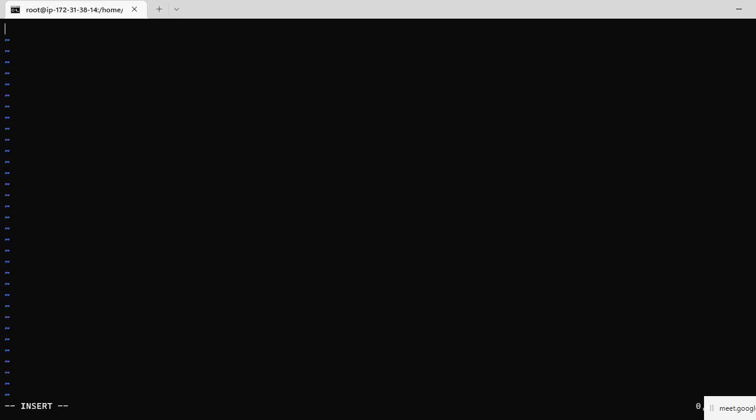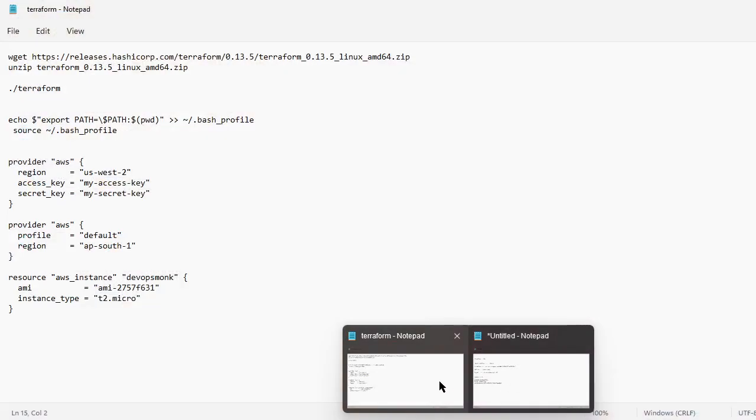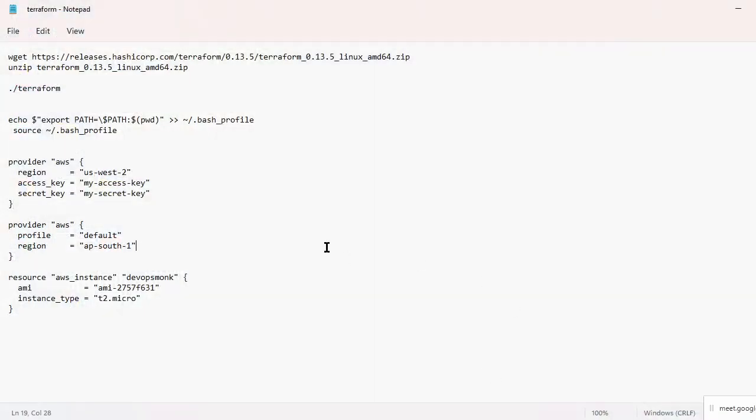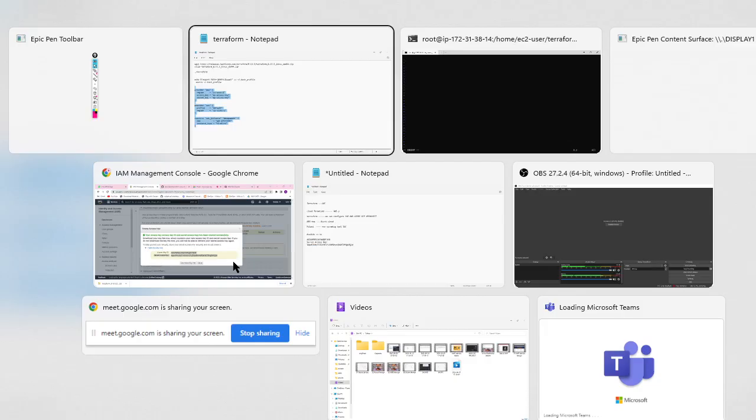Let me press I. Now I want to create a server. So this is the provider. In the provider place we can give any, let me copy and explain to you.